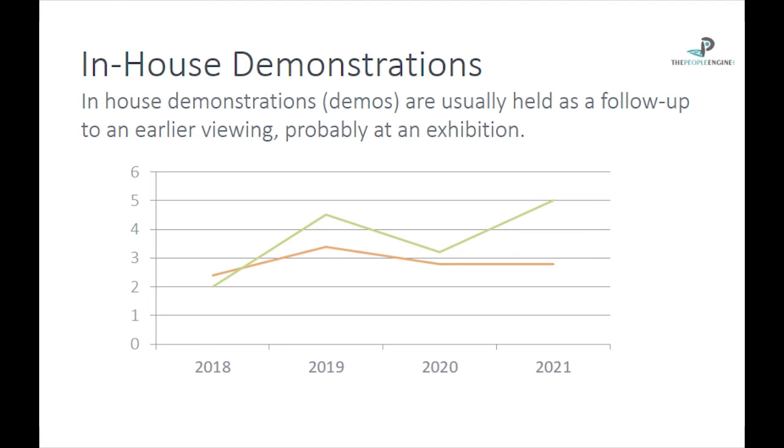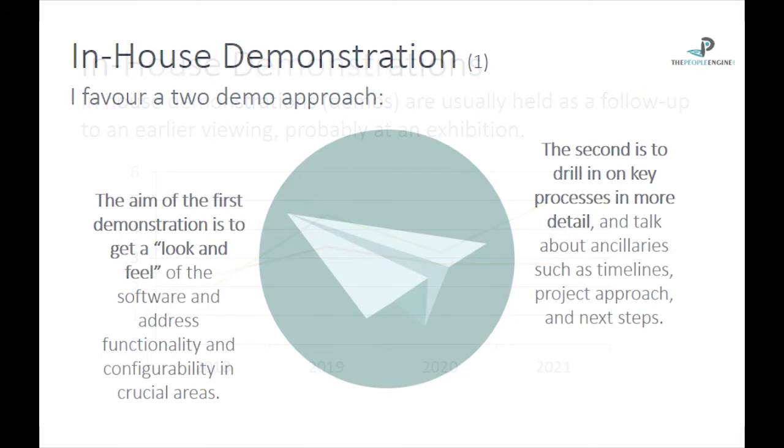And to do this, I prefer a two demo approach. So the first demonstration is to get a look and feel. The walk around the software, looking at specific functionality and configurability in some areas, and then follow that up with a much longer, more detailed